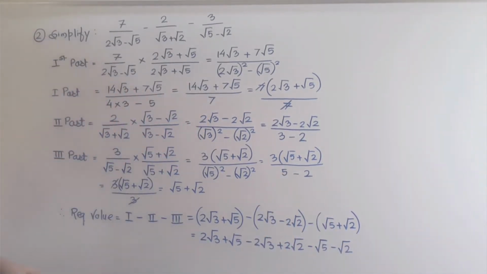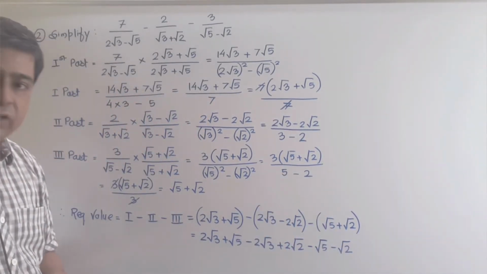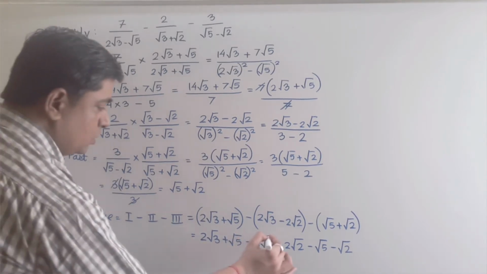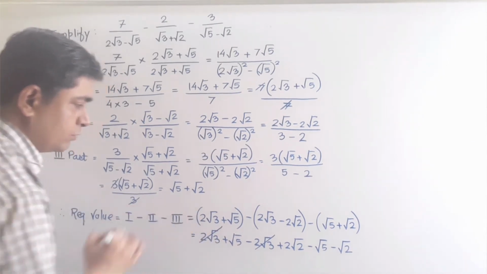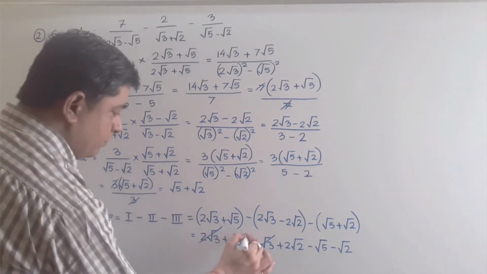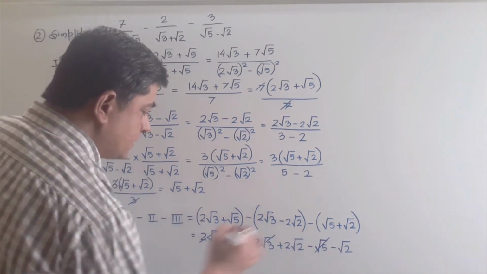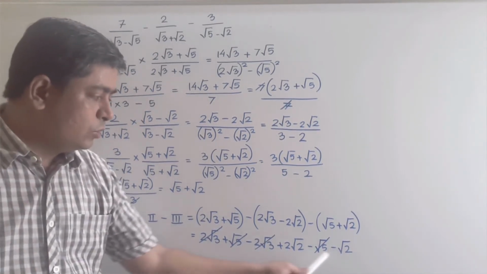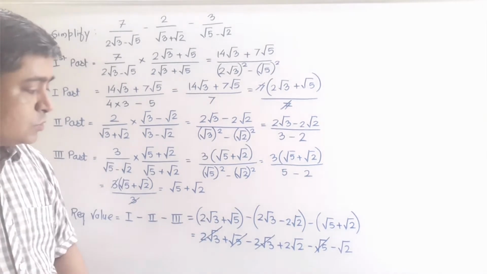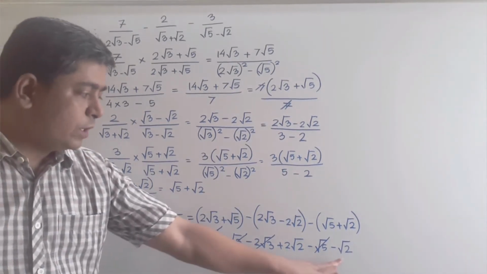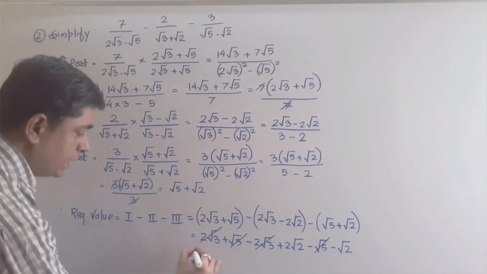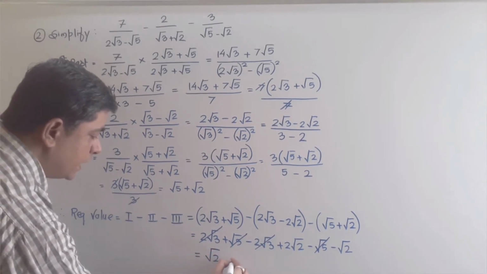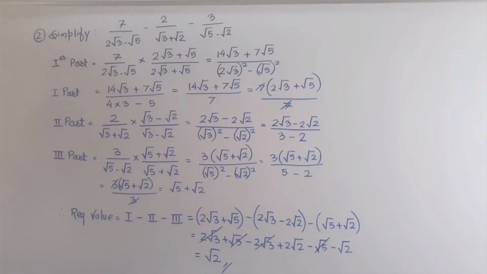Now those terms which are same but the signs are different, they will be cancelled directly. For example, 2 under root of 3 and minus 2 under root of 3 is cancelled. Root of 5 and minus root of 5 is also cancelled. Okay, now who will remain basically? 2 under root of 2 and minus root of 2. So from 2 root of 2, if 1 root of 2 I subtract, remaining is how many root of 2? Only 1 root of 2. And this will be the answer of this question.